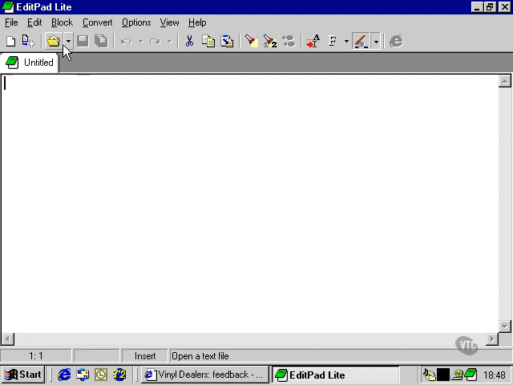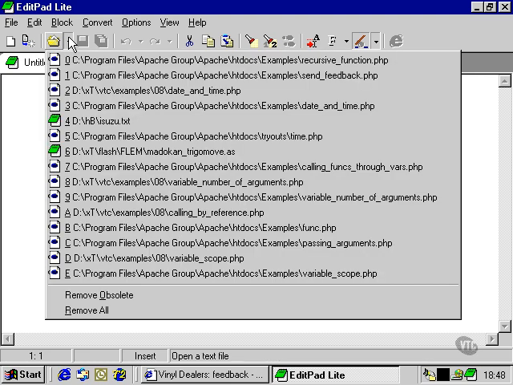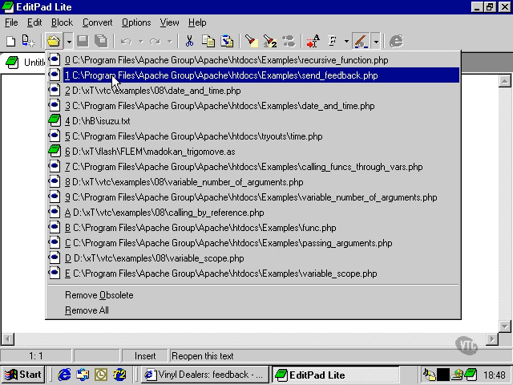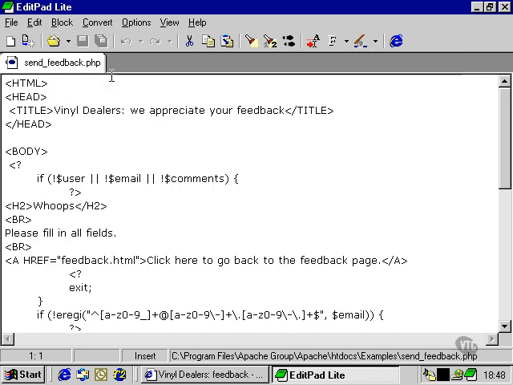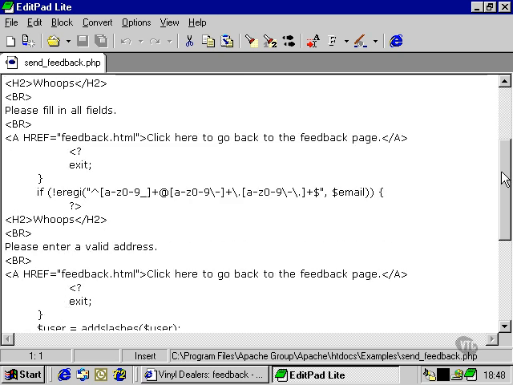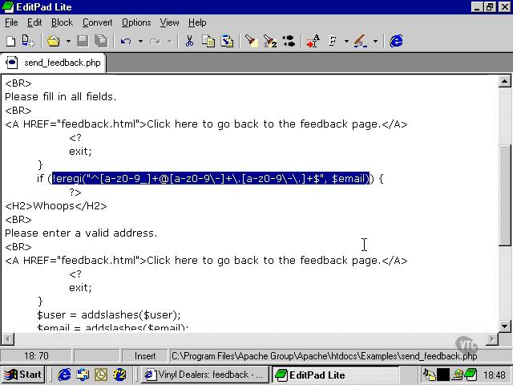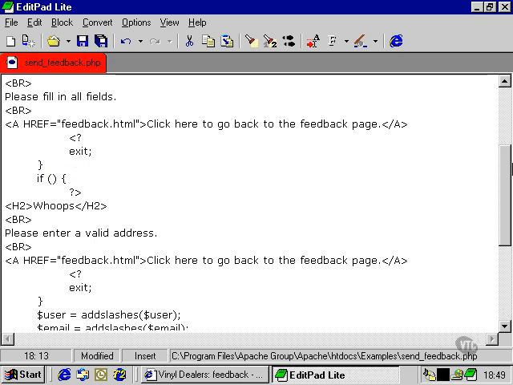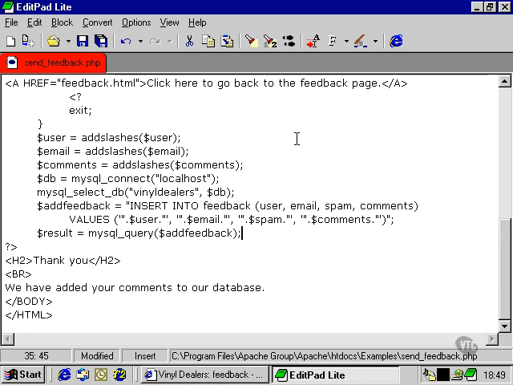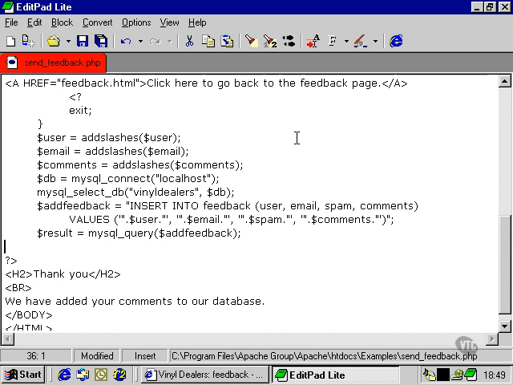Let's look at an example of the way this could work. If we have a look at our sendFeedback.php script that we made in a previous chapter, then we could, for instance, make a function out of this line. Let's do that, and we're going to include that at the end of this script. And we're going to call the function